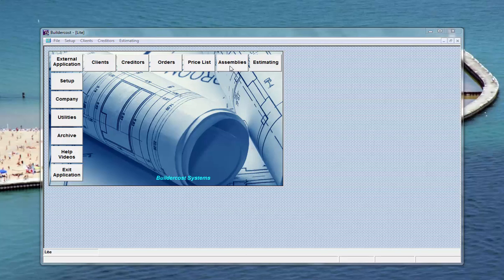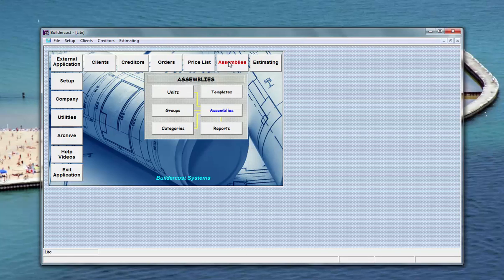With this presentation, I will combine assembly units, groups and categories because they all pertain to assemblies and they have no other function other than for sorting and labeling purposes. So